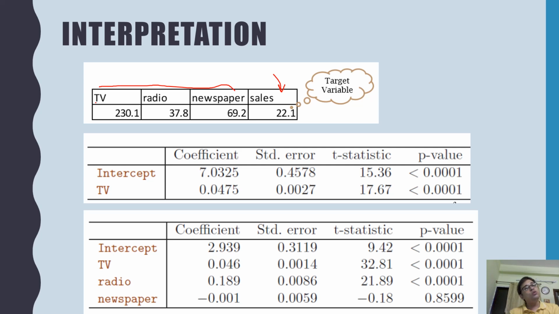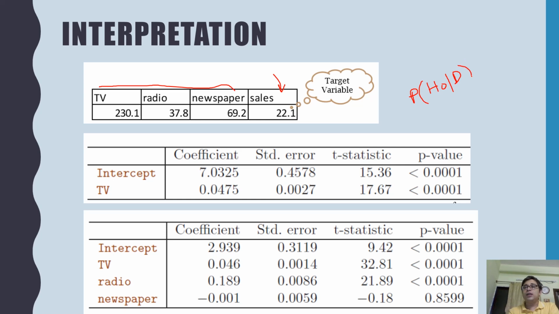Now, if you use linear regression using any of the tools, it may give you a table like this. R, SPSS or Python all give you output like this. And there are 2 things that you are interested in. One is your t statistic and another is your p value. For your model validation, you are more interested in the p value. Just to refresh, your p value is nothing but the probability of the null hypothesis, that is, the probability that the model doesn't exist given the data.